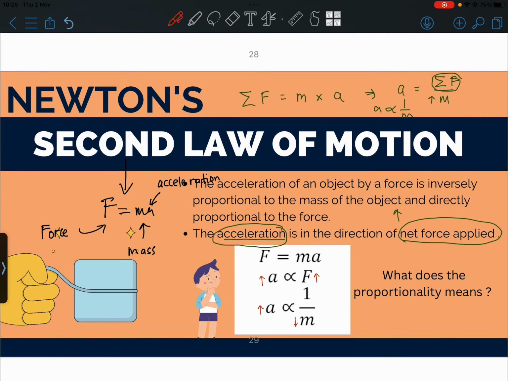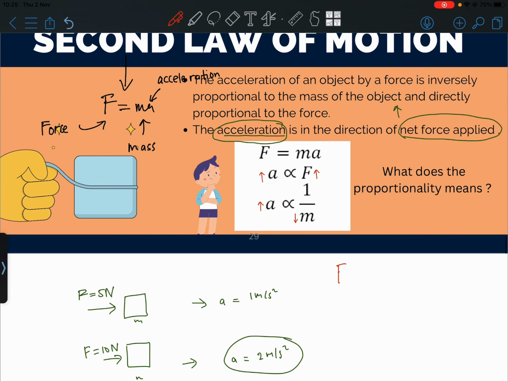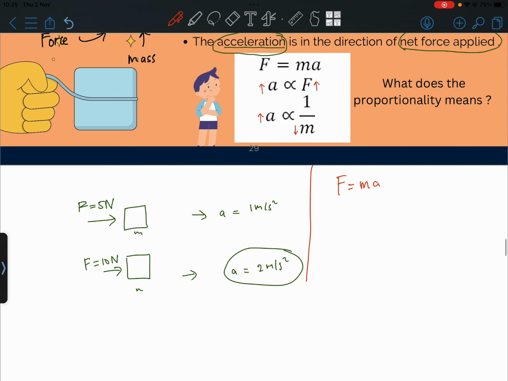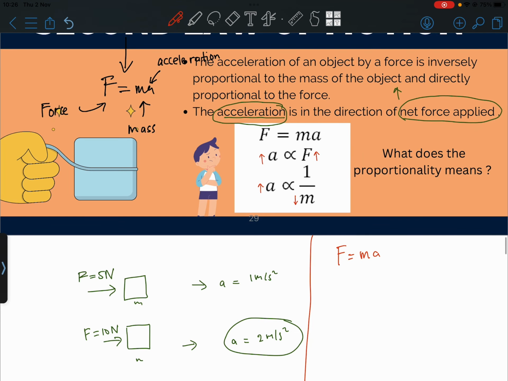So Newton's second law is actually the formula. The formula is F equals ma. You can take a look over here. It's just a relationship: force equals mass times acceleration. The force is the product of the mass of the object and its acceleration. You can see over here the proportionality relationship, whereby the force is proportional to a,